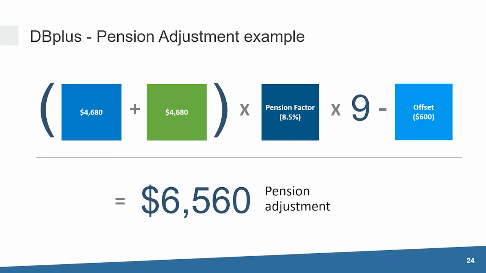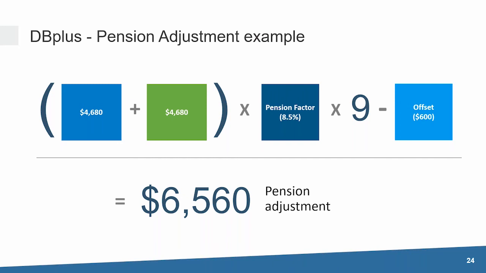Let's go through an example. If a member contributed $4,680 during 2020 and the employer contributed $4,680, the total contributions are $9,360. If you then multiply by 8.5%, this equals a pension benefit of $795.60. Multiply that by 9 equals $7,160. Subtract the $600 offset and that would give you a PA of